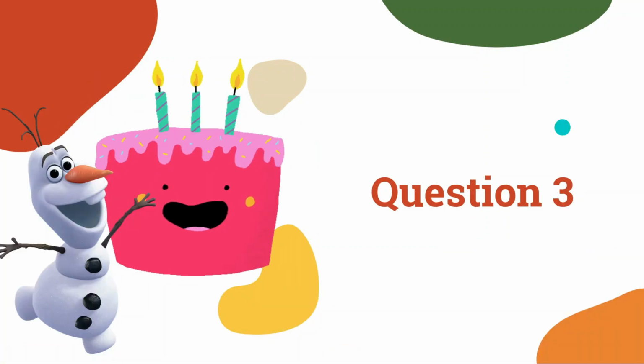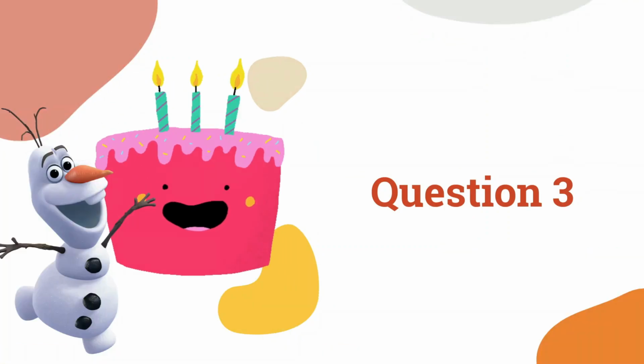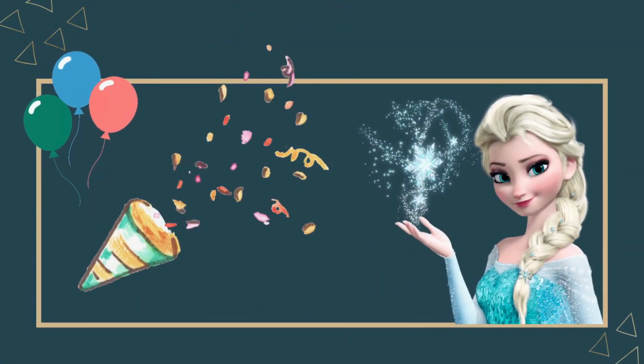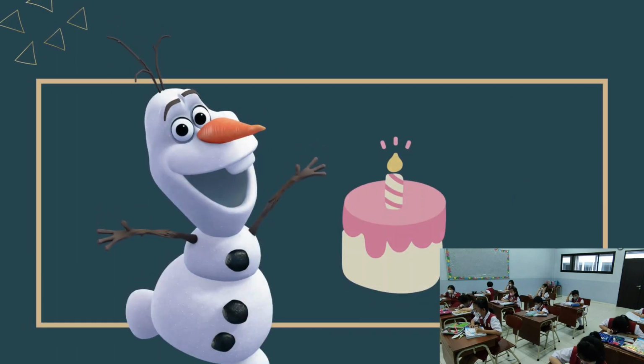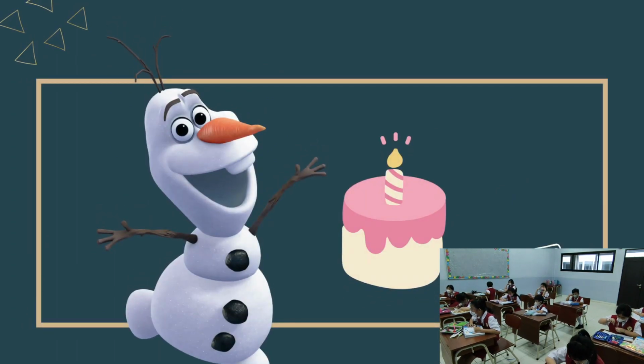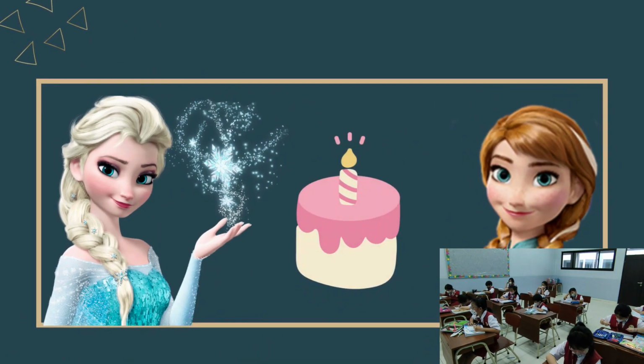Question number 3. It's Elsa's birthday. Olaf gives her a small birthday cake. If Elsa eats 3/4 of the cake and Anna eats a quarter of the same cake, so who eats more,